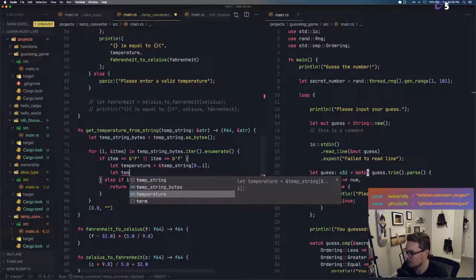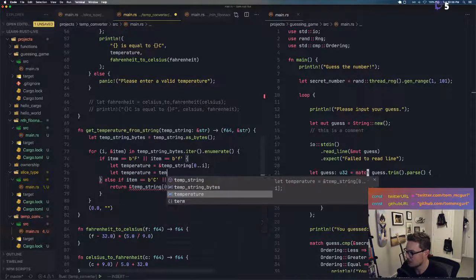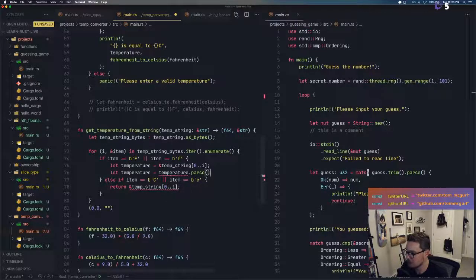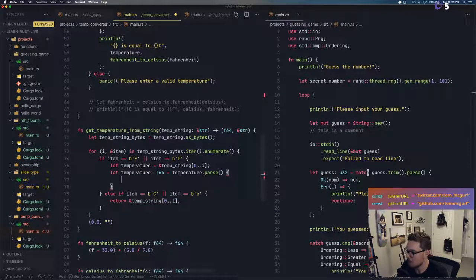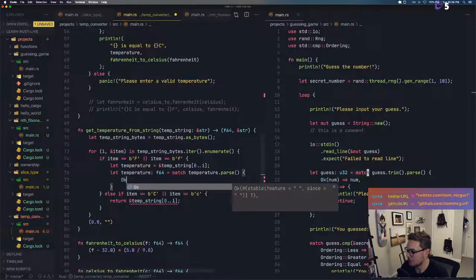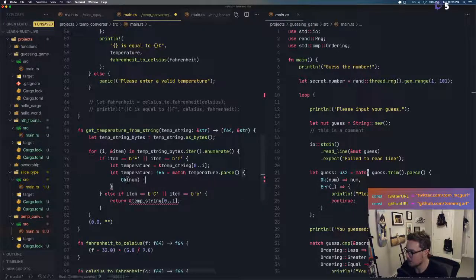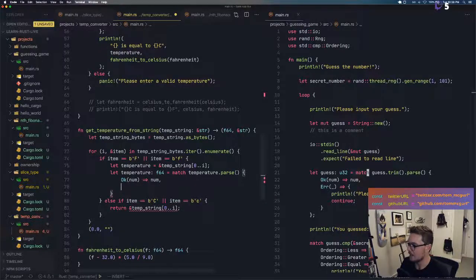We're going to say temperature equals temperature dot parse, and we're trying to parse this as an F64. So in our parse, this needs to be a match. So we're going to match. And again, if we get OK with our number, we're going to go ahead and return our number. Otherwise, if we get an error,